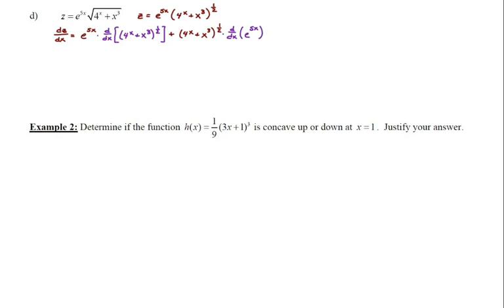So that is, again, super explicit setup for the product rule. I haven't taken any derivatives yet, but when I do so, this will be dz dx or z prime. So to take the derivative of 4 to the x plus x cubed to the 1/2 will require the chain rule, and to take the derivative of e to the 5x will require the chain rule. So e to the 5x times, and then the derivative of that radical part will be,